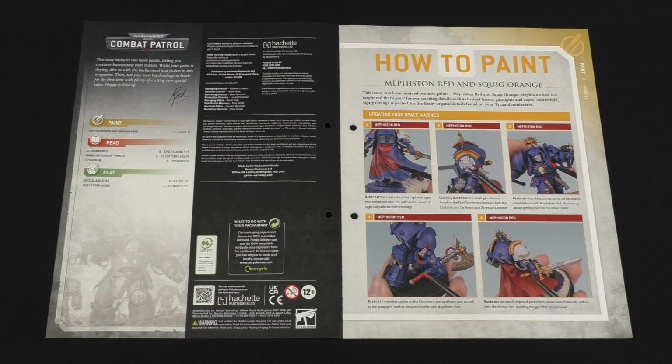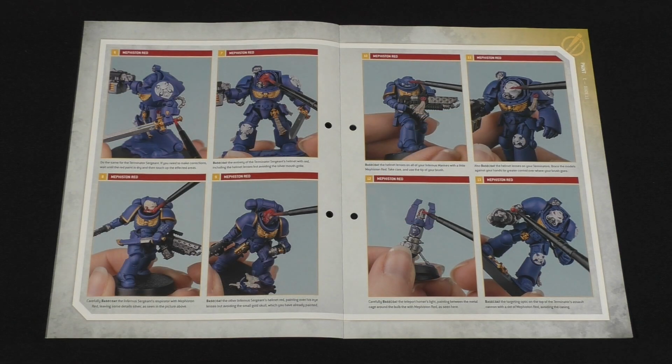First up in the magazine, we have the instructions for applying our new paints. So starting with the Space Marines, we're using Mephiston Red for the Captain's Cloak and the gem on the Crux Terminatus on the Captain's shoulder pad and the Terminator Sergeant, and then several bits on the Librarian, the pipes and cables on his chest and arm and on his axe, the handle of his axe and the handle of the Captain's sword. Also the handle of the Terminator Sergeant's power sword, the Terminator Sergeant's helmet, because Sergeants have red helmets,